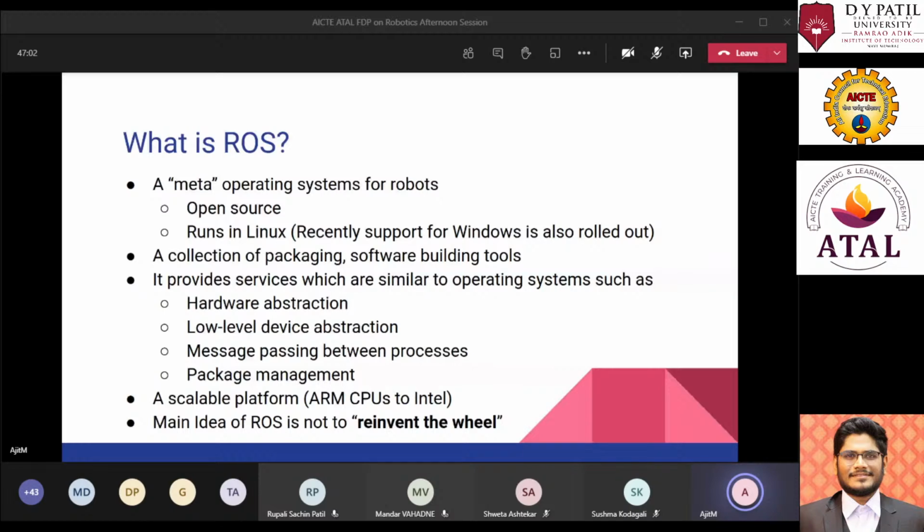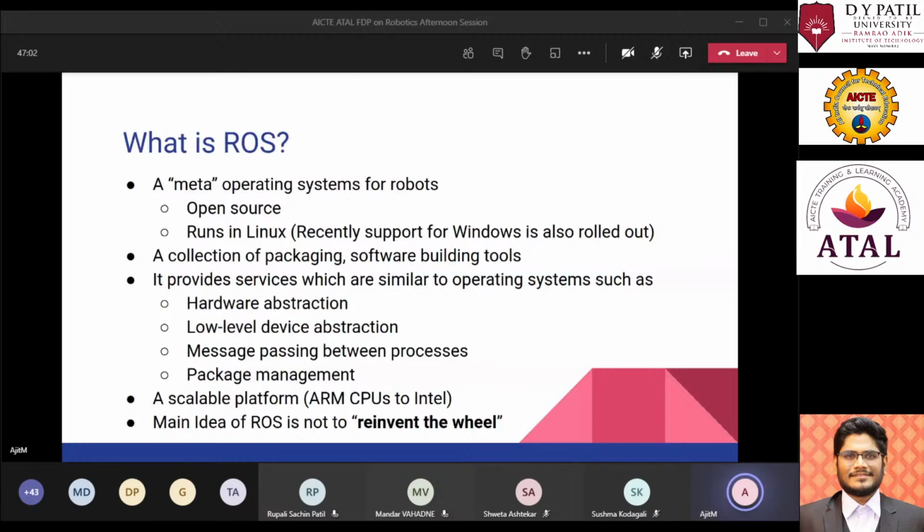So why ROS? What is the main idea behind ROS? The thing is, when you're in robotics, you do things again and again and again. So to stop this reinventing of the wheel, people at Stanford came up with ROS, which was taken over by Willow Garage afterwards, and this has been quite a de facto operating framework which is used in robots, very high level robots and even in small robots, which is helpful.